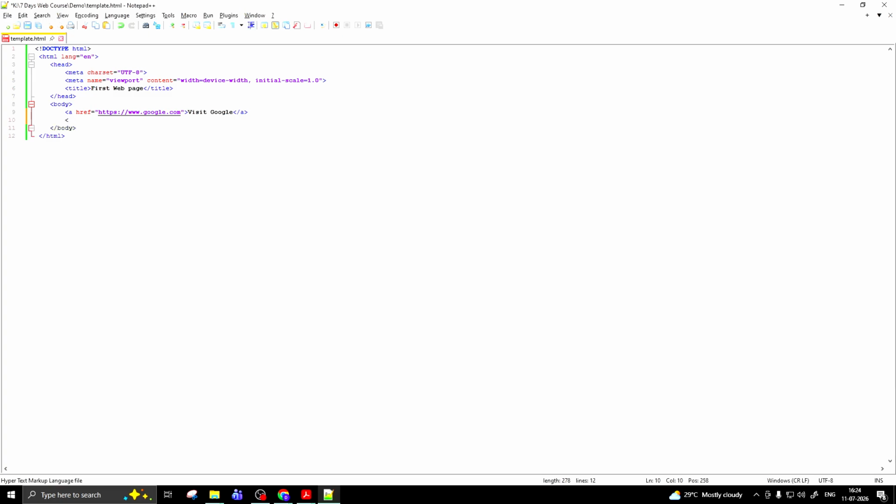Simply create the a tag first and close the a tag, then give a space after a, then href is equal to double quote, simply copy it and paste it, then